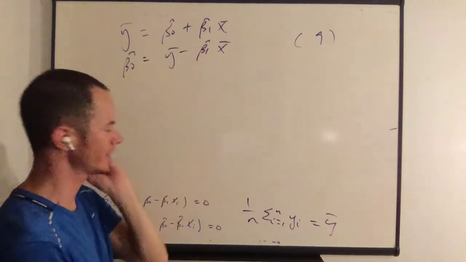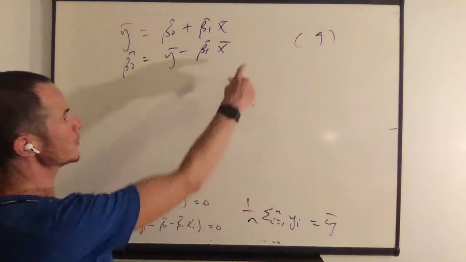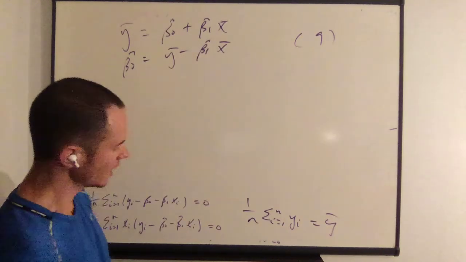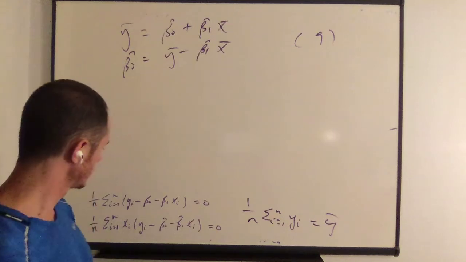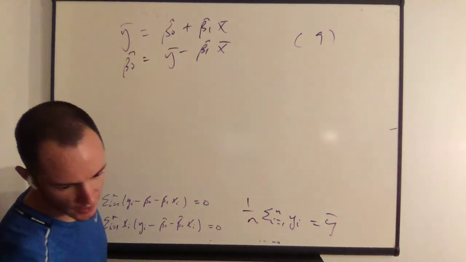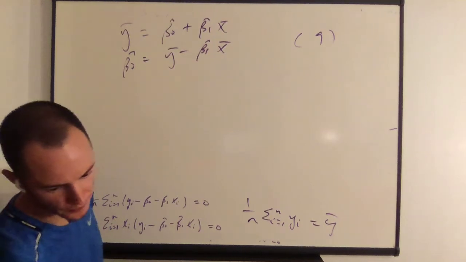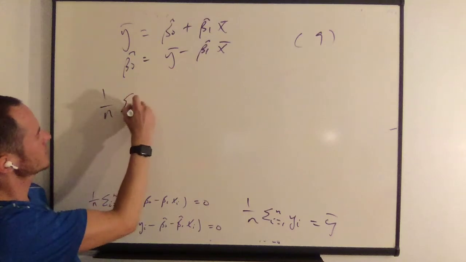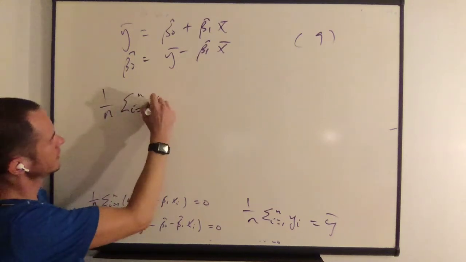What is an expression for beta 1 hat? Let's derive that. What we're going to do is plug in equation 9 back into the second equation. All right, so let's do that. Let's plug in equation 9 into the second equation so that we have 1 over n times the sum from i equals 1 to n of